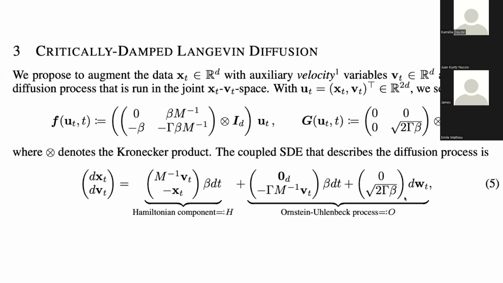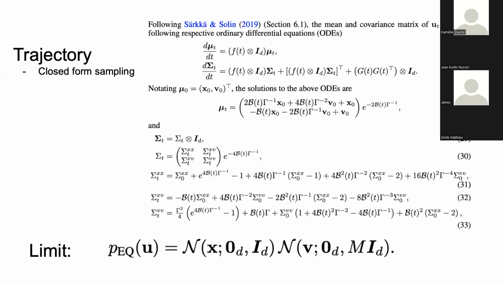Essentially, you embed the step size into the SDE itself. So this is a fixed beta, but typically people use a beta indexed by time, so a non-homogeneous beta. Okay, so this is embarrassing, I just copied and pasted from the paper. But essentially, you can sample from this SDE in closed form by sampling your data and